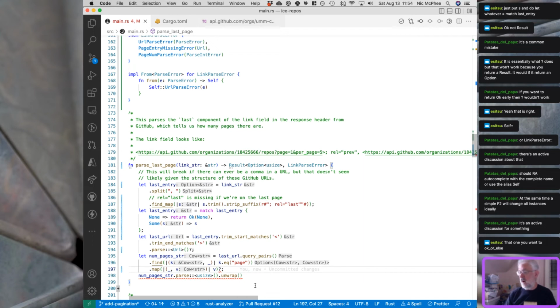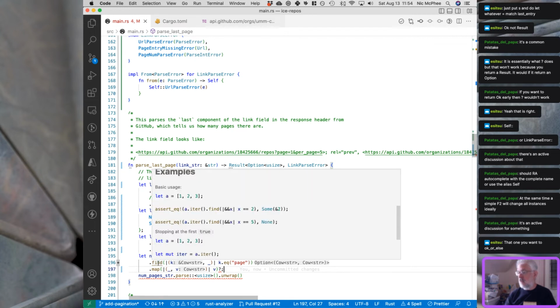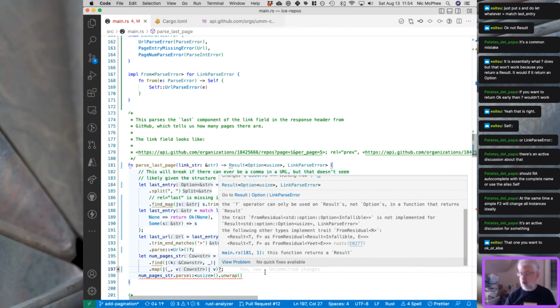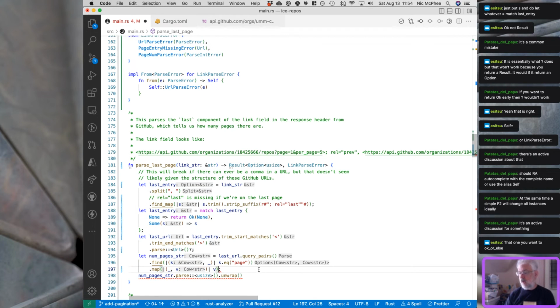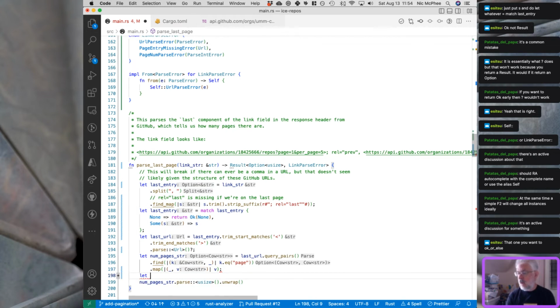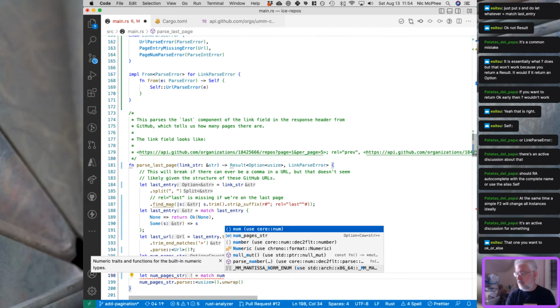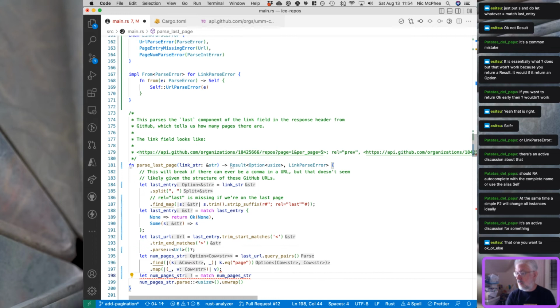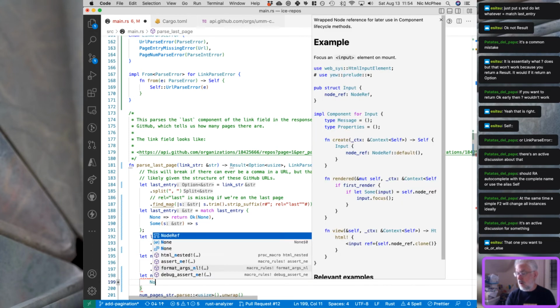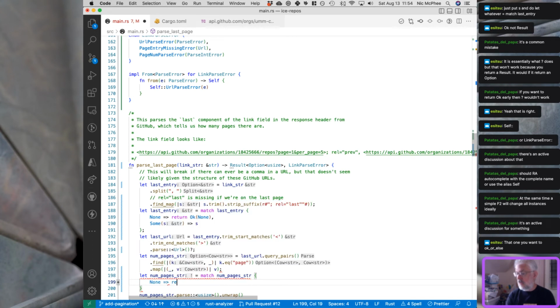Oh, it's because this is an option. So we're going to have another match again. Because find returns an option. Well, that's annoying, to be honest with you. Let num pages stir equals match num pages stir. None. We're going to return